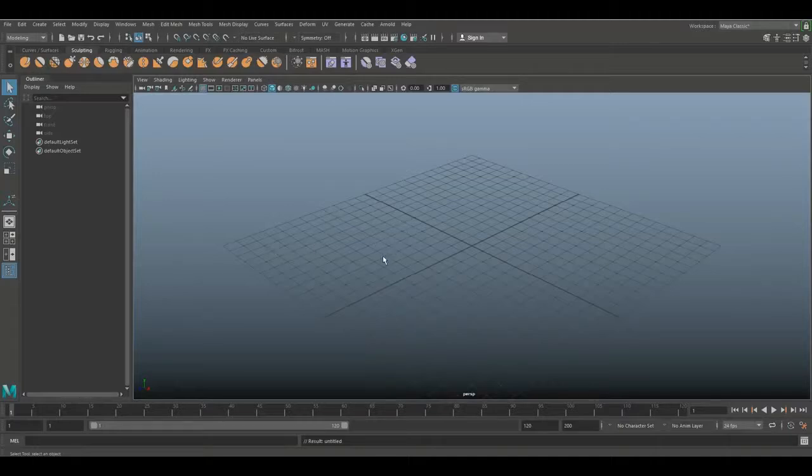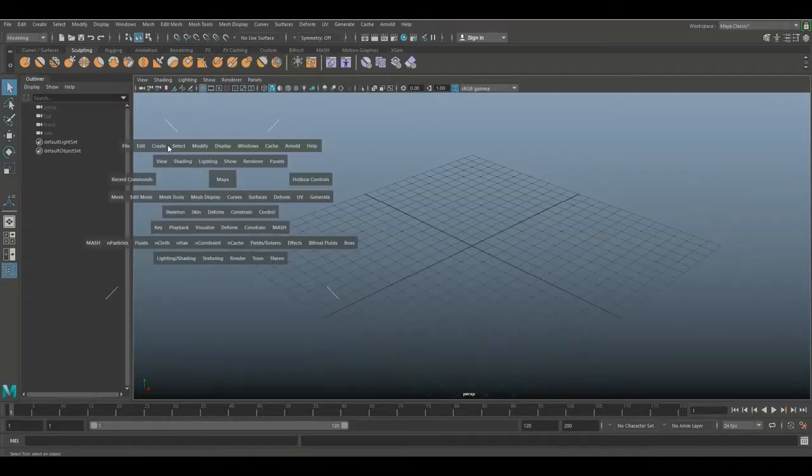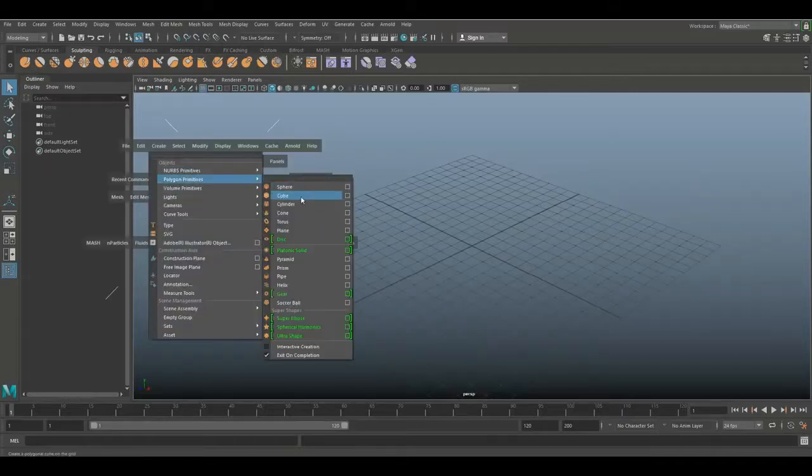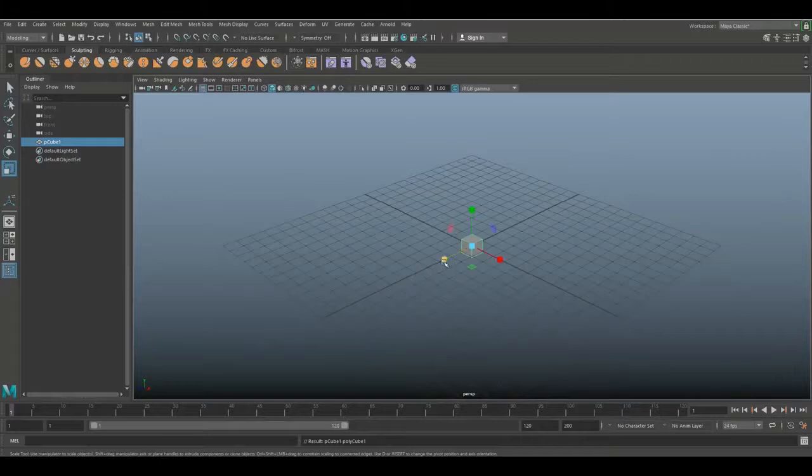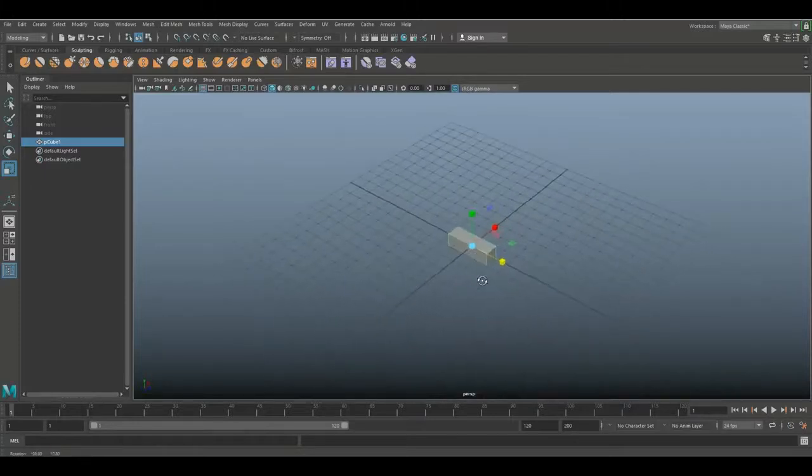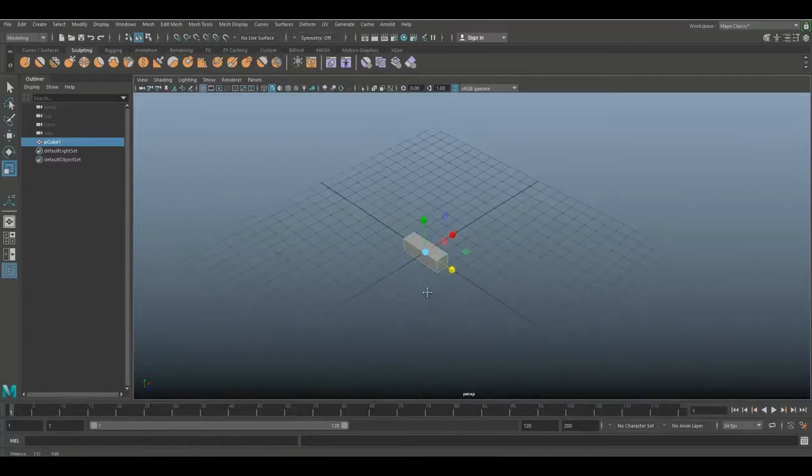So I'm going to simply create a polygon cube. Let's hit R and stretch that out a little bit, so it kind of looks like a, I don't know, stretch cube. Okay. All right, so what we're going to do is use mesh to create an